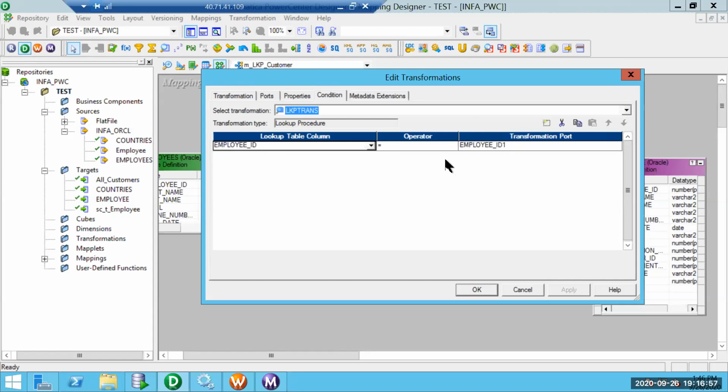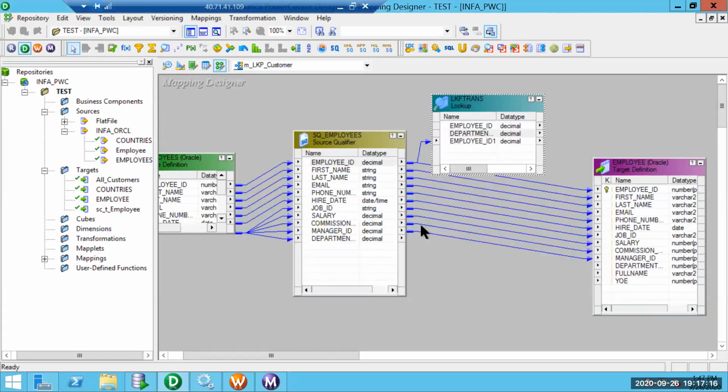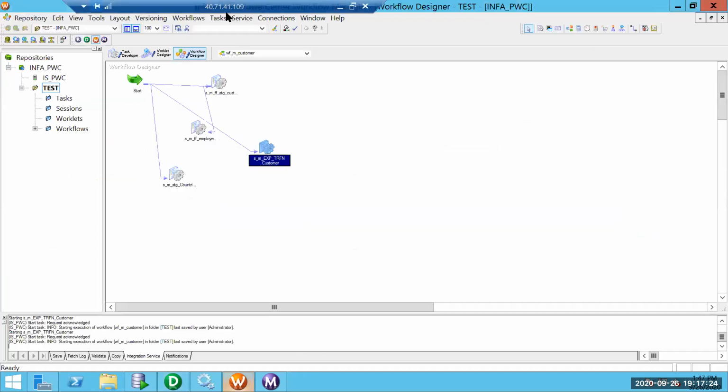So for every record in employee ID one, I want to retrieve the corresponding department ID. Based on the value in employee ID one, check in the lookup cache. If there is any match, retrieve me the data. Then we map the field to the corresponding field in the target. Perfect. Now it is saved.